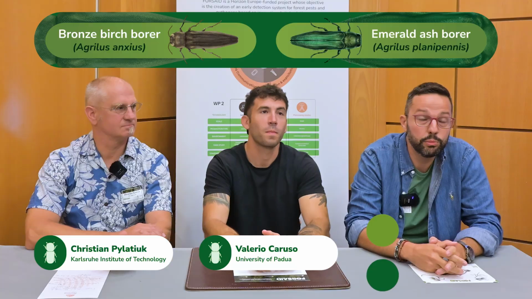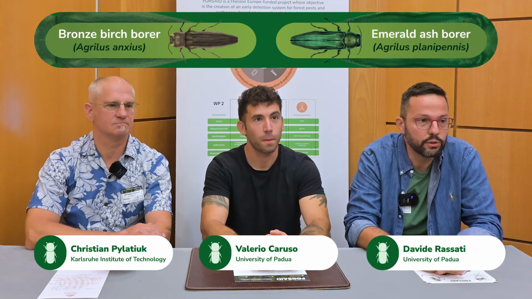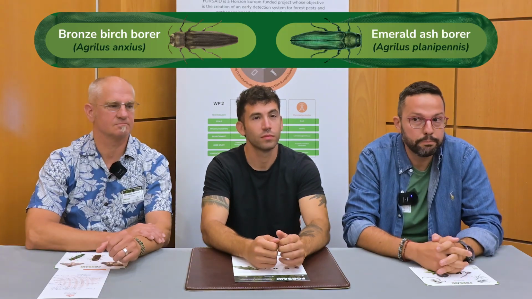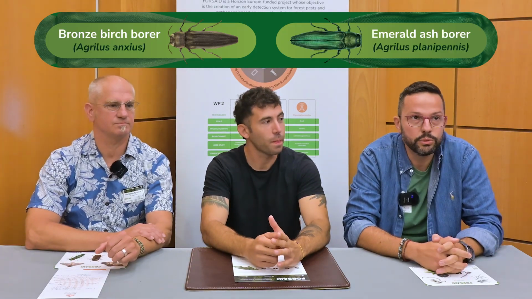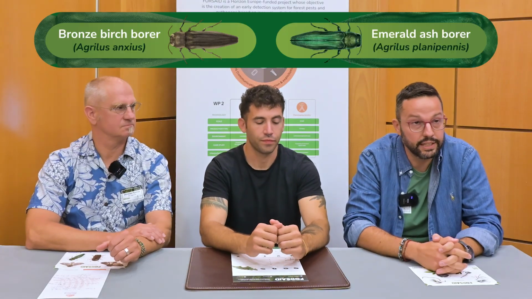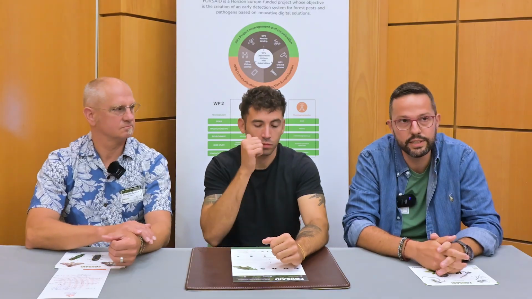Agrilus planipennis and Agrilus anxius, first of all, are two beetles belonging to the family Buprestidae, also known as jewel beetles because of their metallic coloration. Both of them can be very damaging to their host trees because of the larval activity. In fact, the larvae eat subcortical living tissues, so they can kill trees, especially when the tree is already stressed by other biotic or abiotic